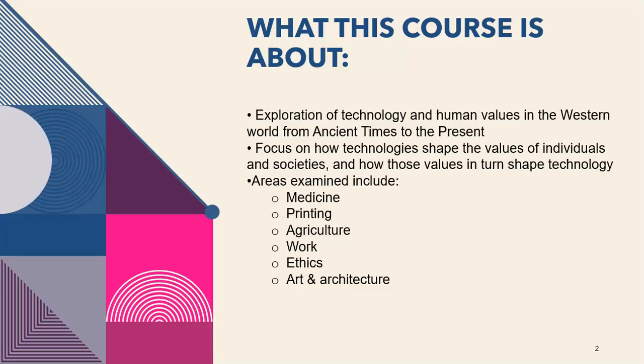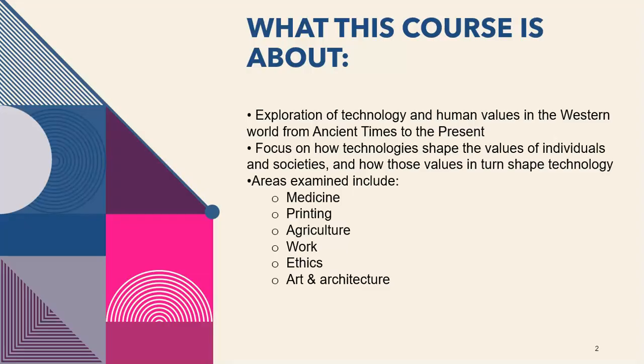This class explores the relationship between technological development and individual and social values in the Western world from ancient times through the present. It includes technologies connected with a variety of areas such as medicine, printing, agricultural production, work, ethics, art, and architecture. Since we're going to be using the word technology a lot in this class, you should probably know the definition, which for the purposes of this class will be the practical application of scientific knowledge to the improvement of human life. Or, put it another way, it's how we as human beings make science serve our needs